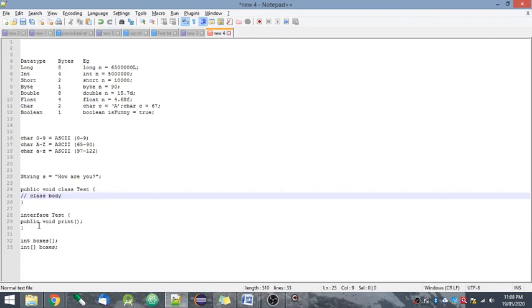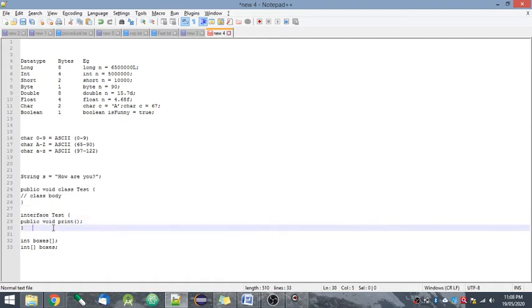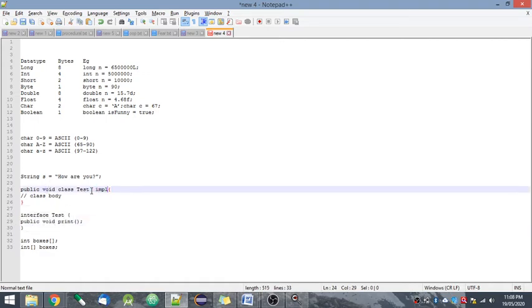Next is interface. What is an interface? An interface is a reference type that a class can implement. If I have written class test, I can write here implements test.